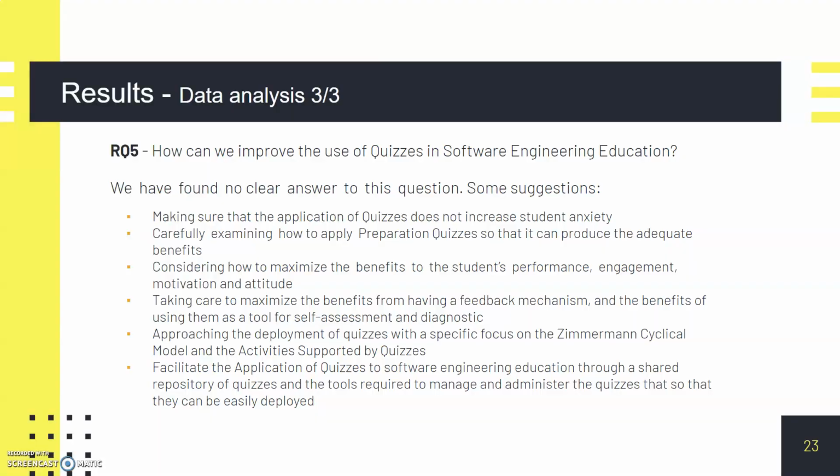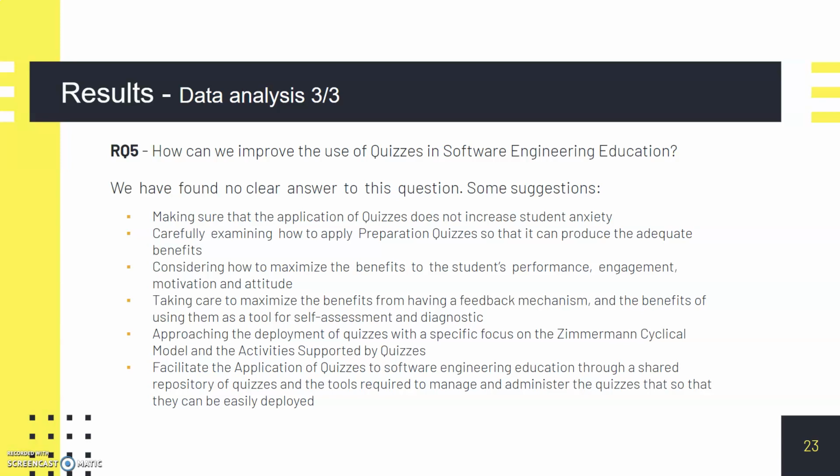Research question 5. How can we improve the use of quizzes in software engineering education? There was no clear answer for this question. We can provide some suggestions, making sure that the application of quiz does not increase student anxiety in order to minimize one aspect mentioned by study, examining how to apply preparation quizzes so that it can produce the adequate benefits, and taking care how to maximize the benefits to students' performance, engagement, motivation, and attitude,